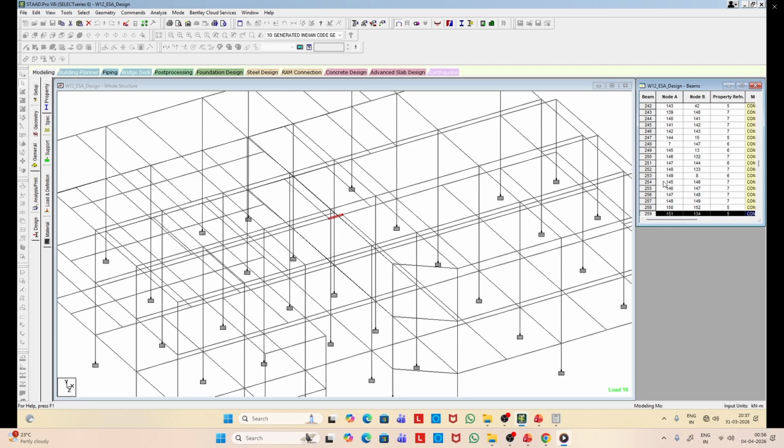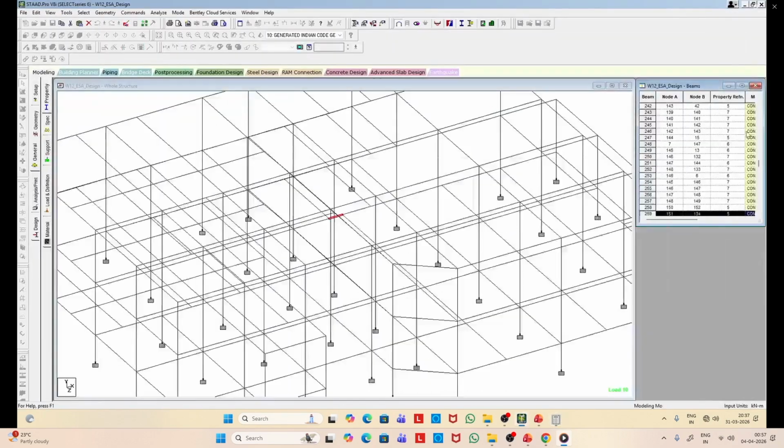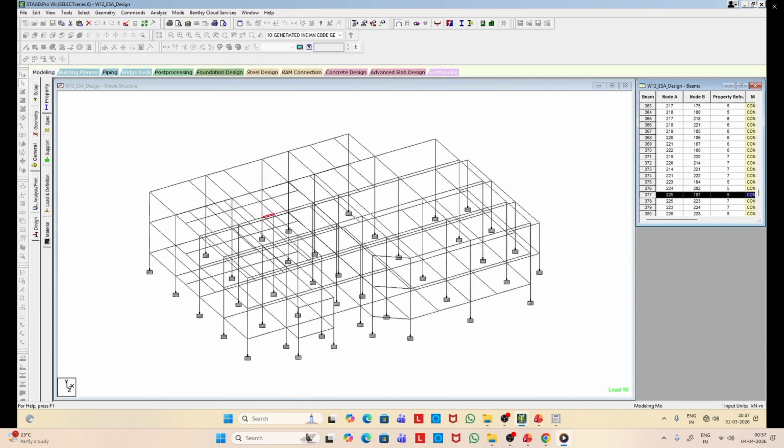Likewise, here also you see these are because of these secondary beams landing over the main beam. So all of them are having some warning. Now we can leave these warnings because they are not so important for the time being.